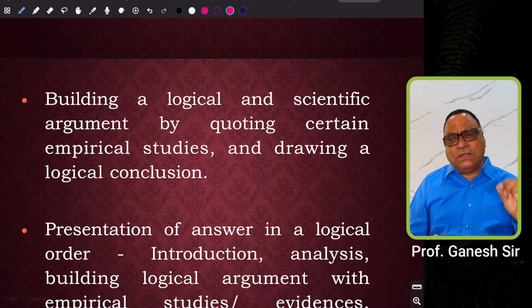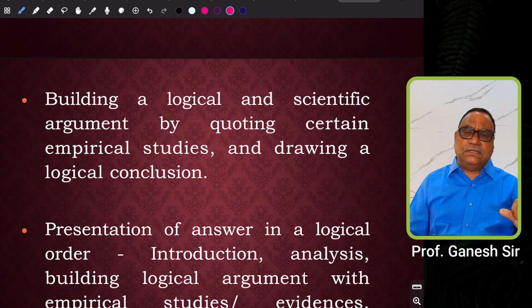As far as Paper 1 is concerned, there are many topics where a logical and scientific argument is required, especially topics like social stratification, power and state, religion, and political institutions. For such topics, a student is supposed to build a logical and scientific argument to present an effective answer. And for those kinds of questions, the student is supposed to mention the argument of the different social thinkers.